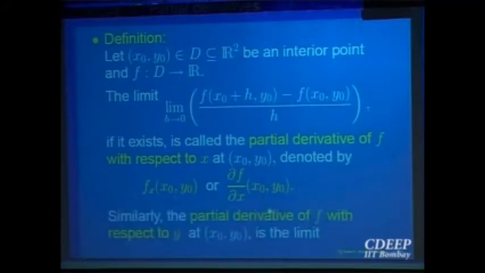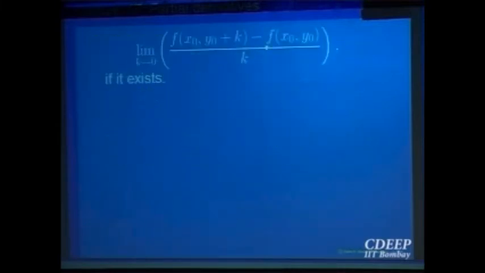Similarly, you will have the other coordinate curve and differentiability of that curve. You fix x naught and look at it as a function of y. So f of x naught, y naught plus k, minus f of x naught, y naught, divided by k, limit k going to 0. If the limit exists, that is called the partial derivative of f with respect to the variable y at the point x naught, y naught. So for a function of two variables, if each coordinate function is differentiable, then you say that is a partial derivative with respect to that variable.